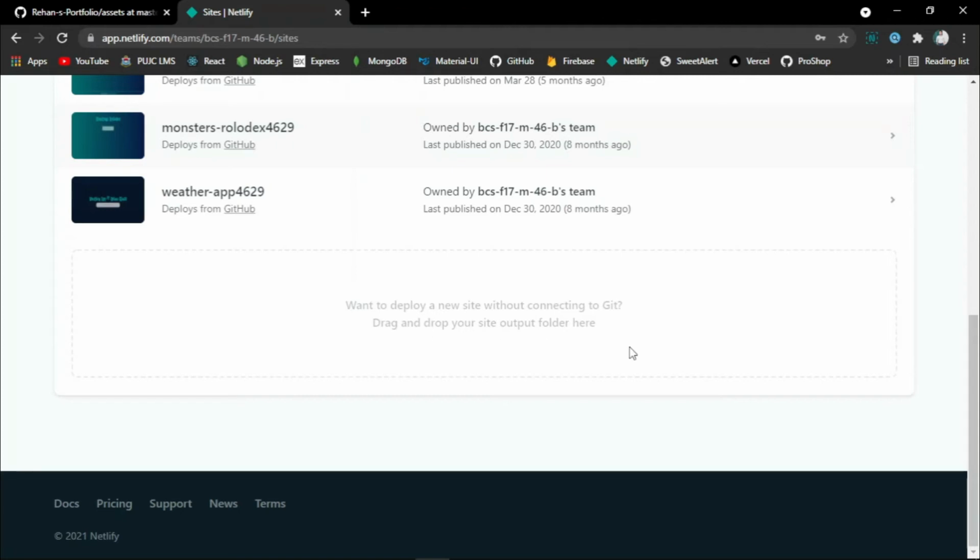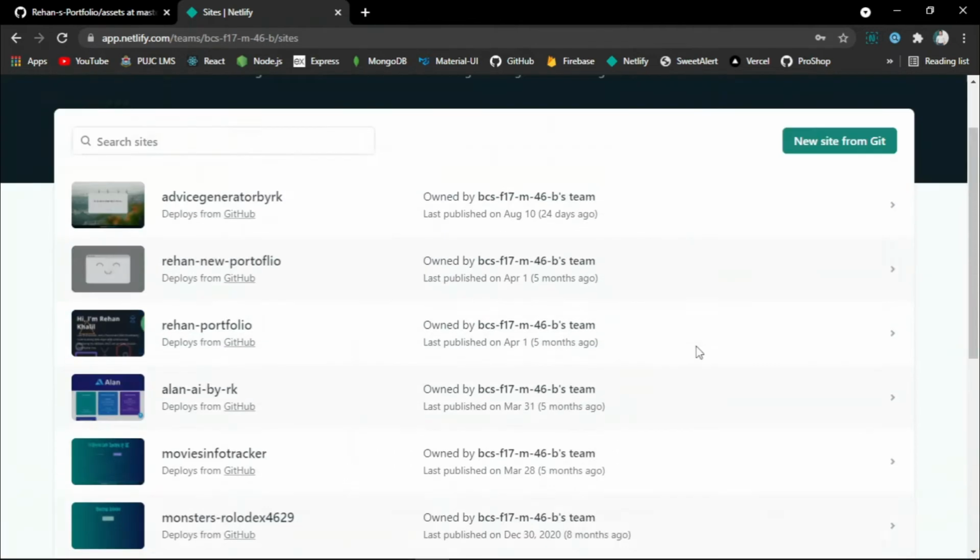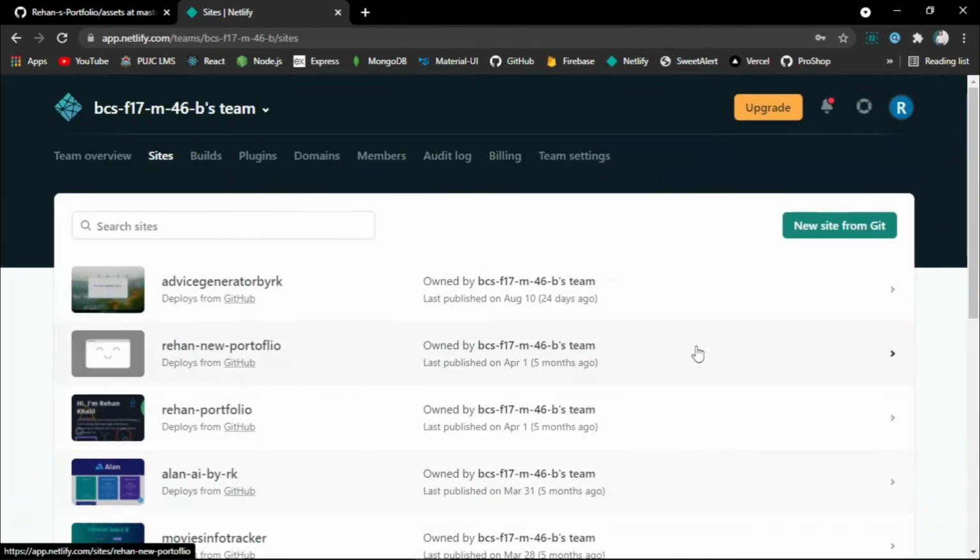In this video, I am telling you how to import your site from GitHub to Netlify so that you don't have to redeploy your site on Netlify again and again after every update. Instead, you just have to push your code to the GitHub repo using Git, and continuous deployment will take place automatically and instantly after every push, and the site will be updated automatically.